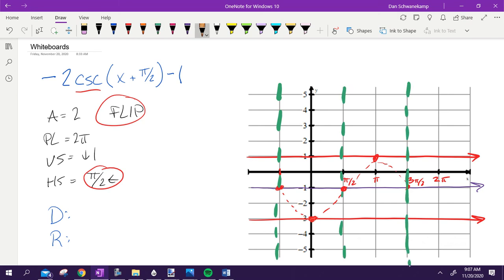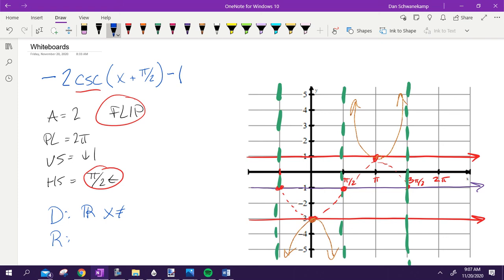So I have a parabola starting here and going down, and a parabola starting there and going up. For the most part, we did a pretty nice job with that. Let's talk about domain. X is equal, I'm sorry, all real numbers. But X cannot be anywhere I have a vertical asymptote. So as I look at this here,